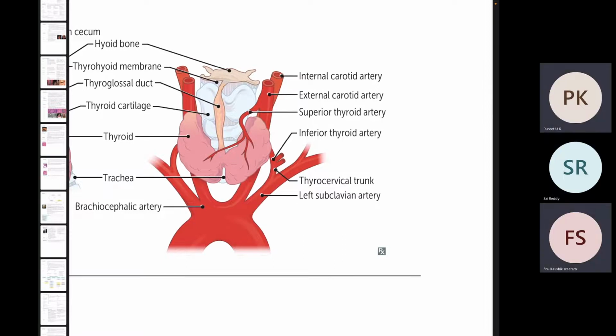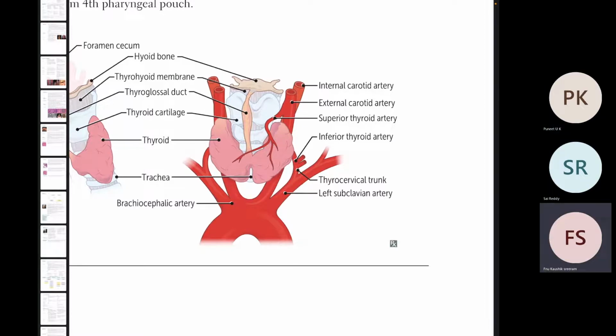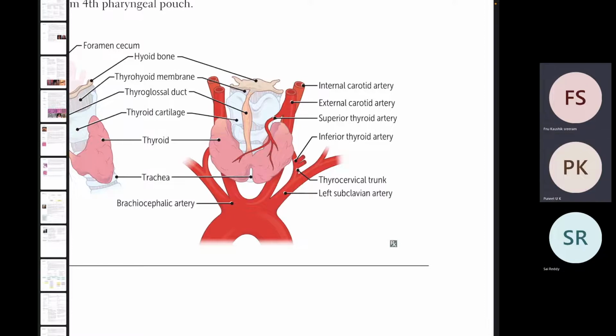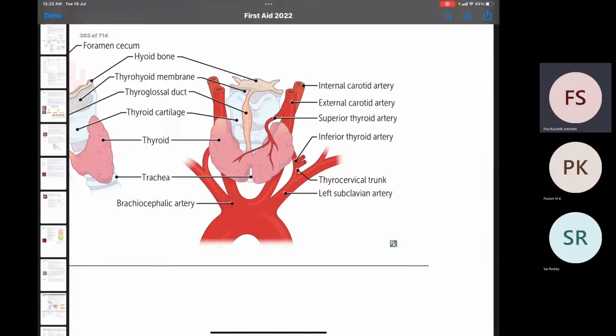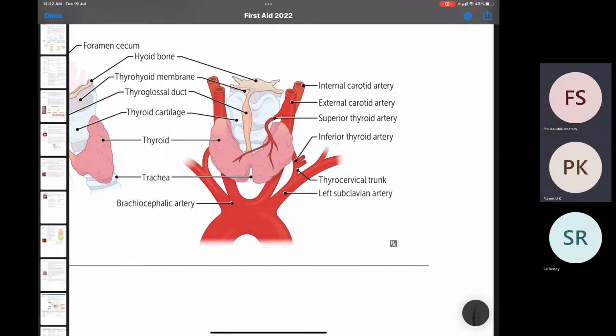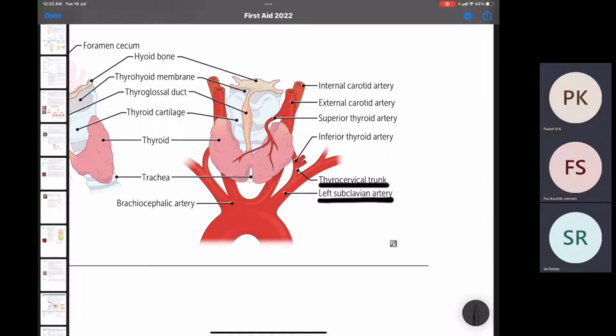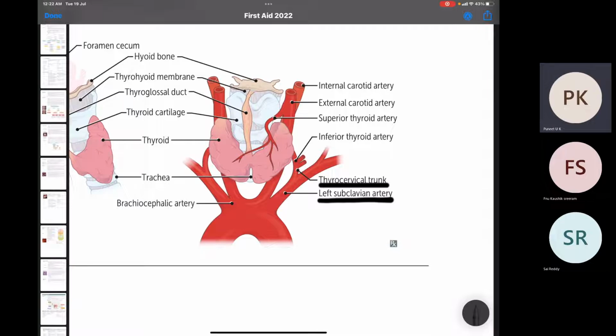Then nerve supply. Do you remember superior thyroid and inferior thyroid, right? Superior thyroid is from external carotid. Inferior thyroid is through the thyrocervical trunk, which is a branch of subclavian. In some people, you have a middle thyroid artery also, not in all. Okay. Then